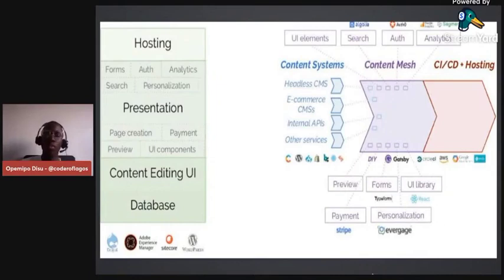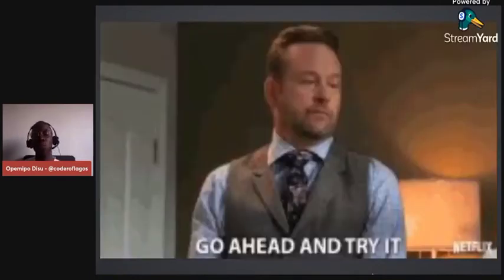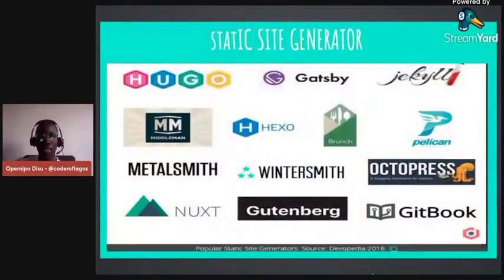Let's move to the next slide. So we have static site generators. Of course, like I mentioned, Google is actually another headless CMS.